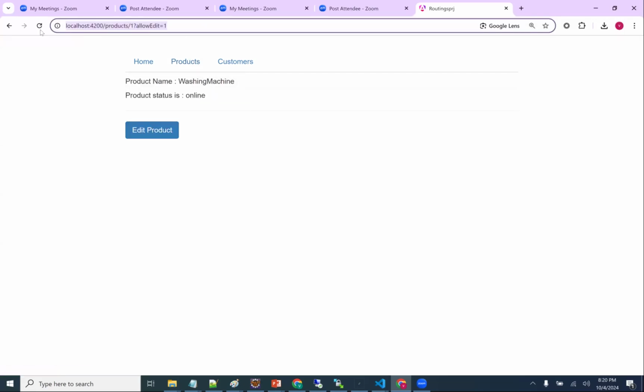These are the things I have in view products: ID is available, allow edit is available with me. Do we require these things in edit products or not? Developer has to take control. Sometimes it's required, sometimes it may not be required. Developer has to take a decision.